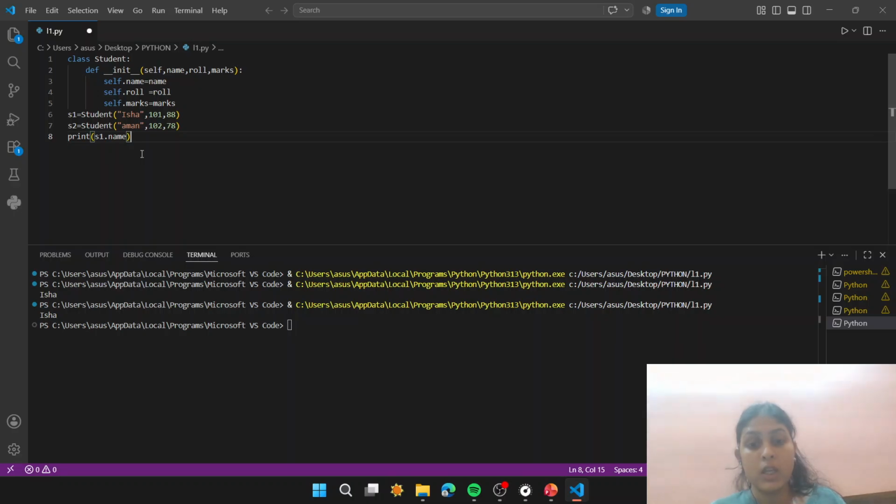Both s1 and s2 are created from exactly the same student class, but look at the data. It is totally different. s1 has a name, roll number and marks. s2 has different values. If I write s1.name and if I write s2.name,